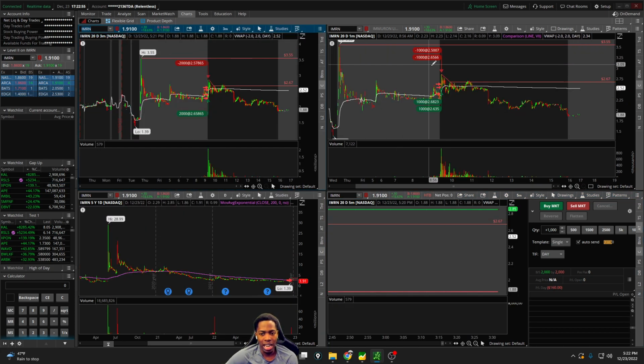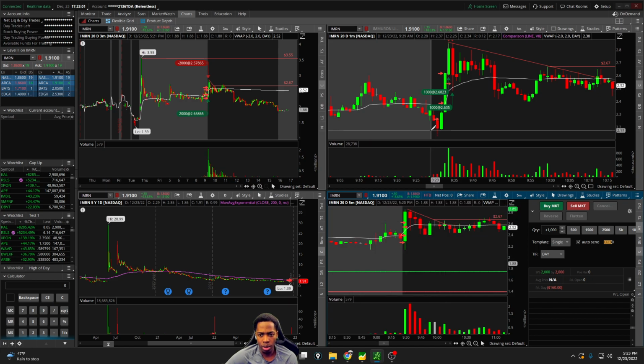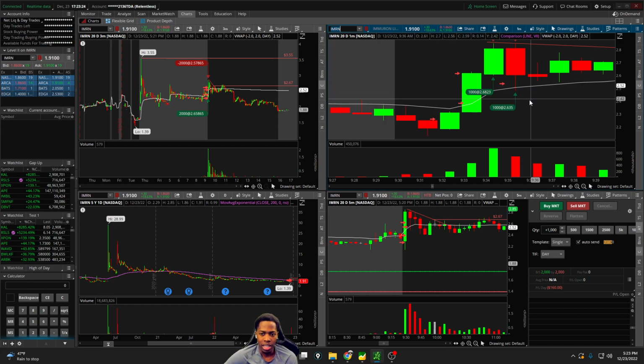I did think IMRN, if anybody was watching this one early enough, it was pretty good for the 1-minute count. I love this setup right here, by the way. Bottoming wick, 1-minute candle, make the new high, which is entry of 225. Then it pushes high to 37. Then from 37 it goes to 63. This I think right here was maybe even better than the opportunity on XPON